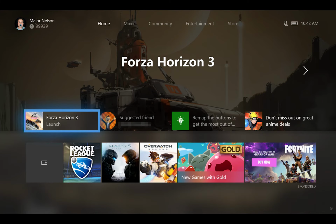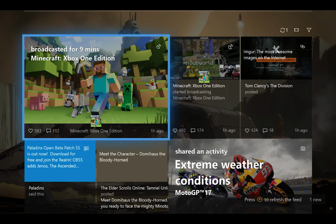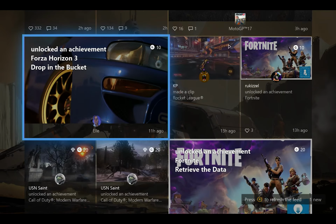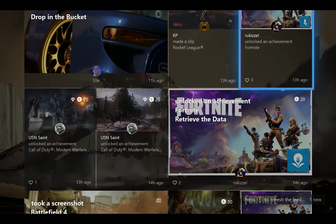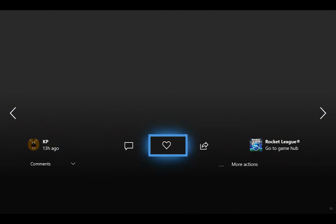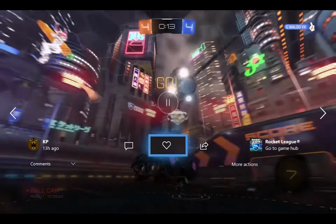Now I want to go back to the dashboard. I noticed we've got some changes to community. Tell us about those. Yeah, one of the things I'm really excited about was we've modernized the community tab. And so you go over to community and immediately you see a dramatic difference. It's laid out for mass consumption. You can quickly browse and scroll and see what your friends are doing, what game developers are posting on game hubs,